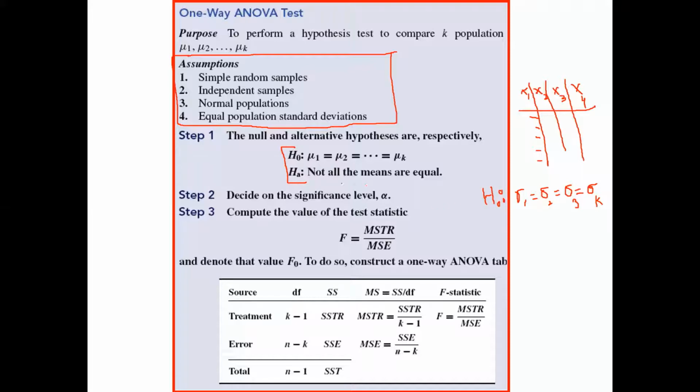So before testing the hypothesis of equality of several means, you must check the standard deviations of these samples, whether these samples have equal standard deviations or not. The Levene test can be used to test the equality of standard deviations. If this is true, then we can apply the ANOVA to compare the multiple means. Second step is the same, the level of significance. Third step is the F statistic.